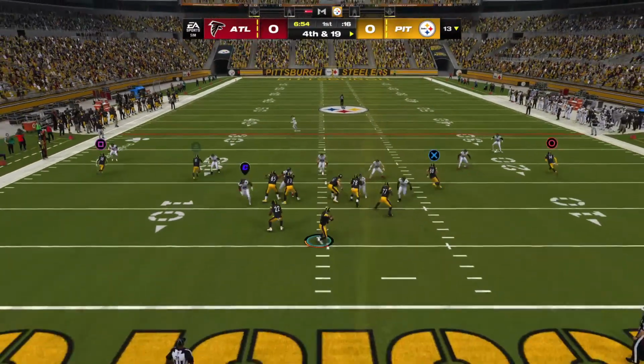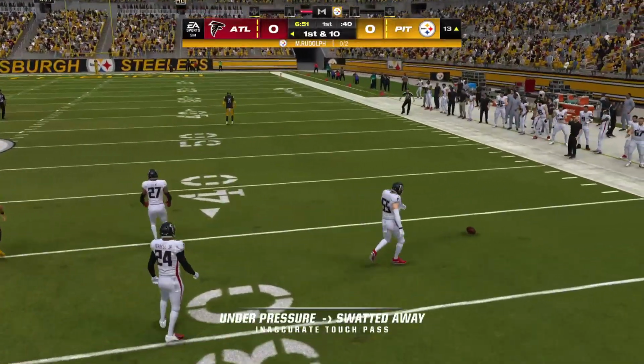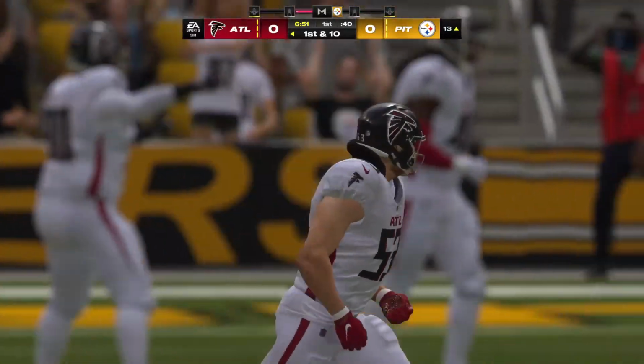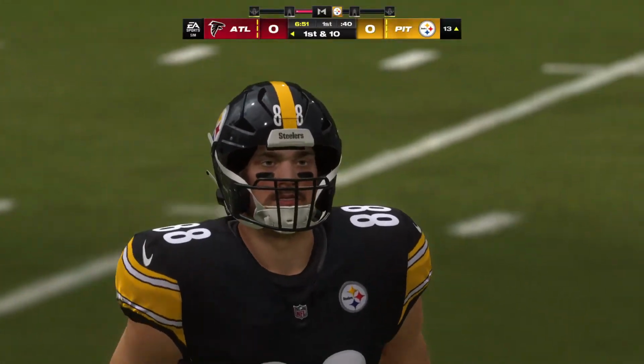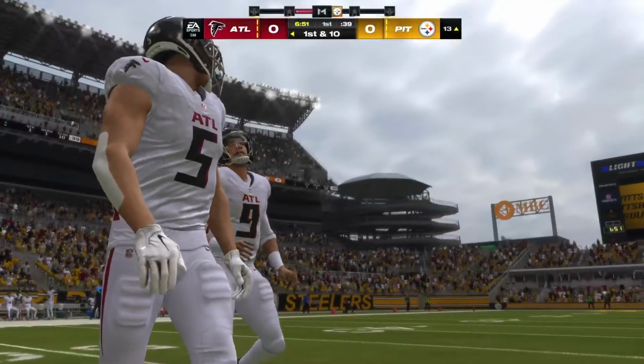Well, the home crowd quiet now early. See if their offense can take over and get some points on the board. Now on 4th down here, that pass knocked away and incomplete. A surprising move here on the opening drive of the game. And this defense delivers a turnover on downs on the very...